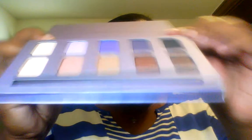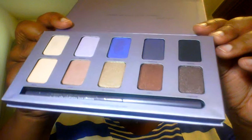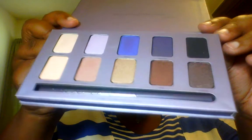So let me go ahead. You know what? I think I'm going to do a separate video for this one and swatch it out for you so you can see what it looks like. But at least you got a chance to kind of see what it is. So I think I'll do a part 2 for the Stila palette and just go ahead and swatch, because